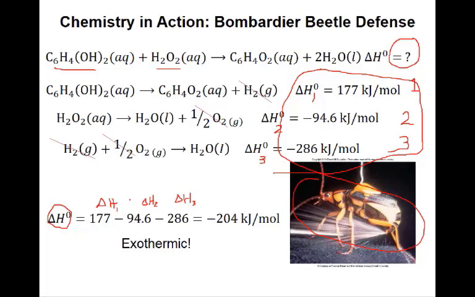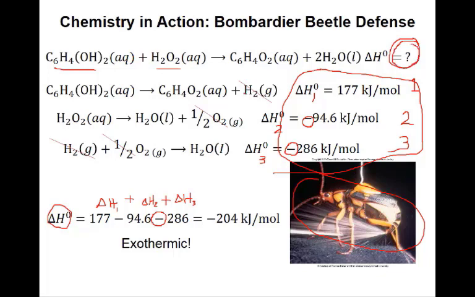Our general rule is all the sum total, but here this is minus because of the data given here. 286 is minus, so we don't change it here. And 94 is also in the negative form, as it is exothermic, so we don't change it here. This is a very simple example, and I told you this is our question here. This is the question to calculate here, and 3 steps are given.